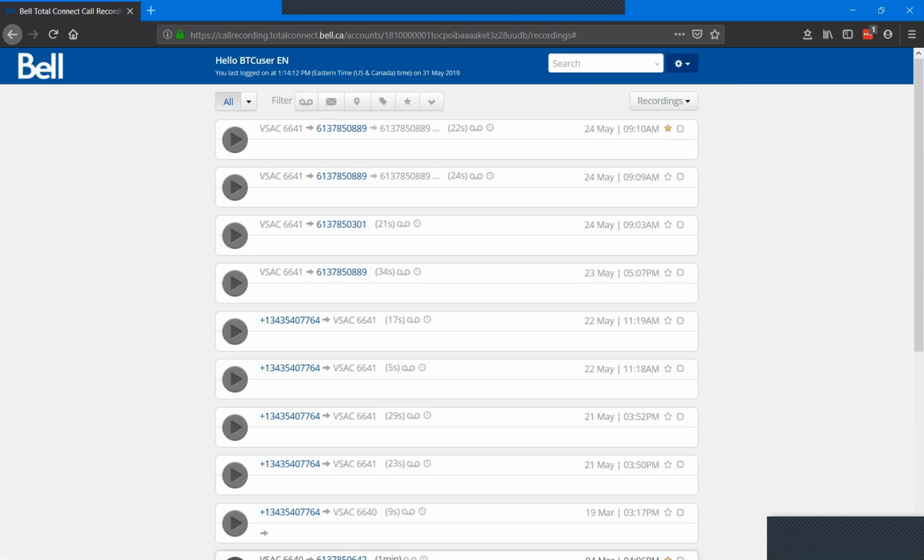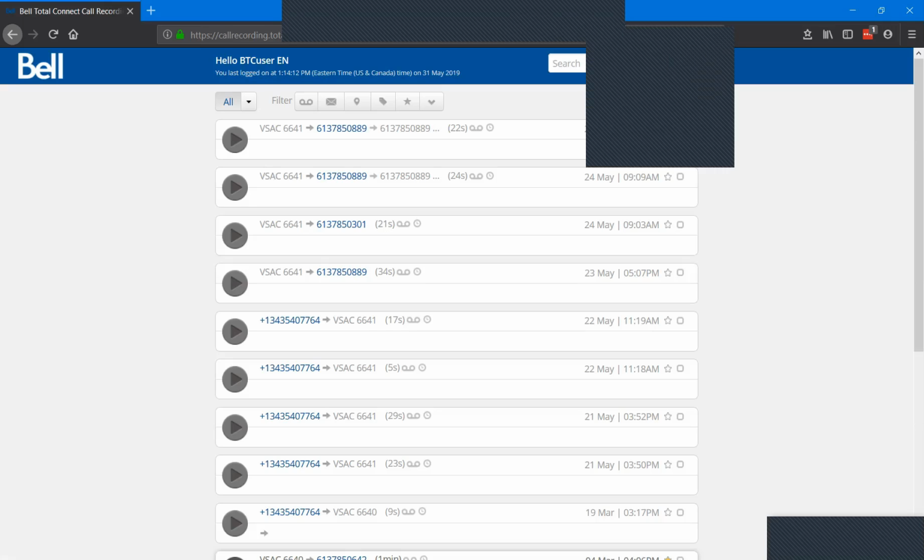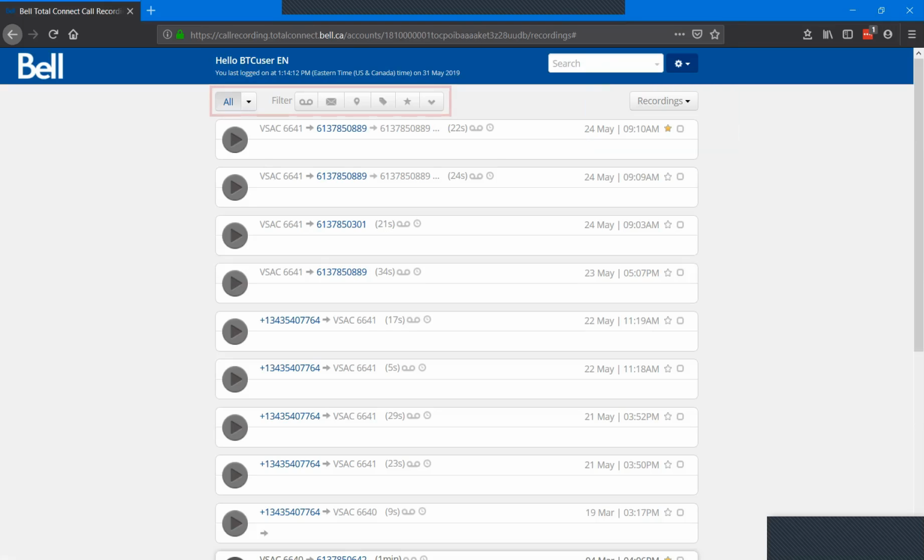Once you access the recording portal, you'll come up to a similar page. In this short video, I will show how an end user can use the tools at the top of the page to search and filter the recordings they're looking for playback. Using the buttons at the top of the page, you'll be able to access the recordings